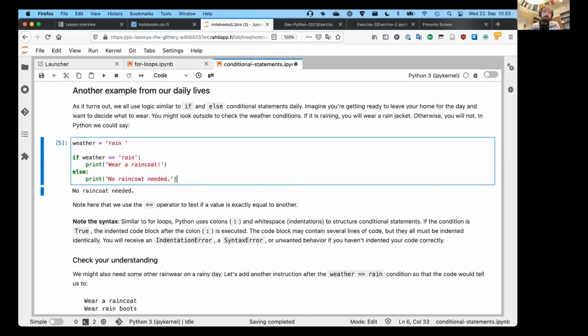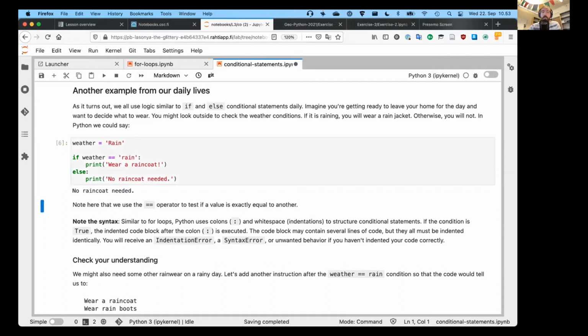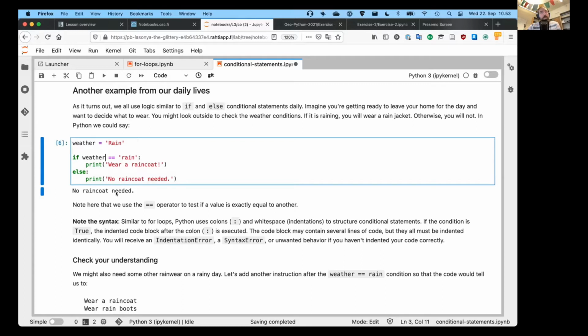A common issue would be that you would have a code where perhaps you've defined a variable like this, rain with a capital R. It might even be a program where you're prompting the user for input, and they put in something with a capital R. And if weather equals rain in this case, similarly, you get no raincoat needed, because capital R rain is different from lowercase r rain. If we wanted to make this work for the case where someone puts in capital or lowercase letters, you could add in the .lower